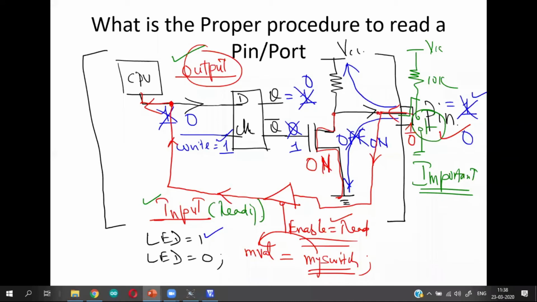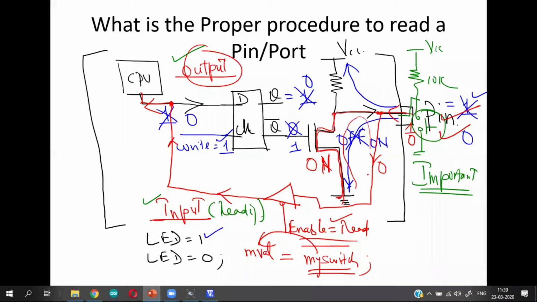Now what will happen whenever you are trying to read a value from the port pin? No matter what the status of this switch is, irrespective of the status of the input device that you connect, whenever you read from this point, it will always give you a value of 0, because this transistor is already shorted to ground.